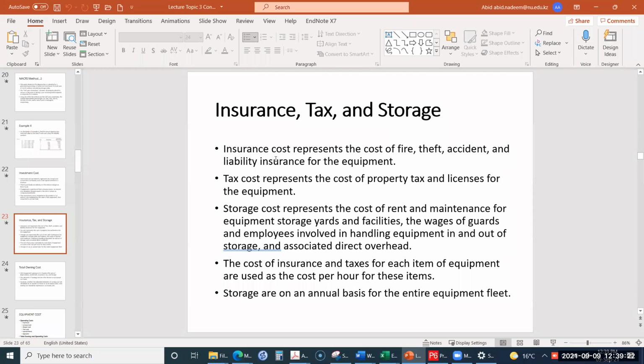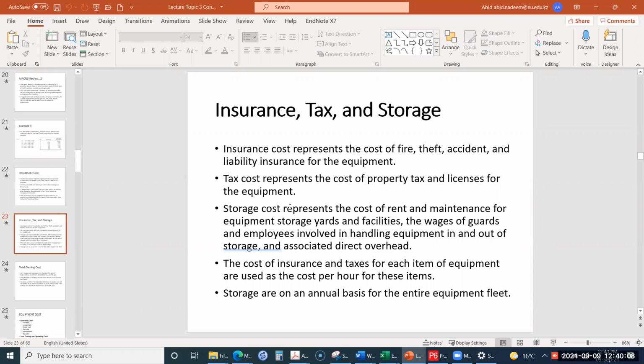Okay, so when an equipment is purchased, some additional costs are also incurred, which are the insurance costs. Insurance cost represents the cost of fire, theft, accident, and liability insurance for the equipment. So when an equipment is purchased, its insurance is also purchased. This means that in case of fire, theft, or accident, the company may get some amount from the insurance company. To get that amount, the company pays the premium to the insurance company. So that is one component of the cost which should be considered